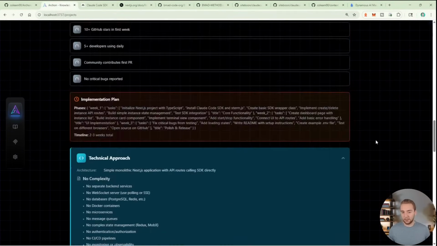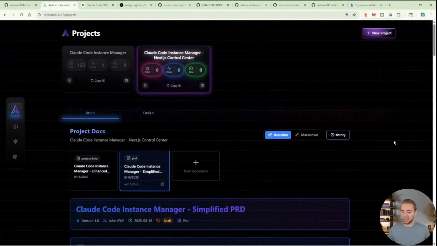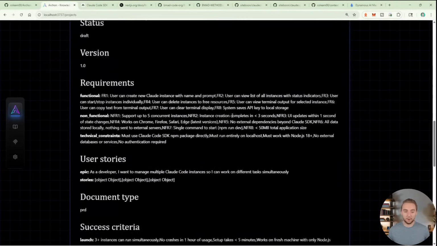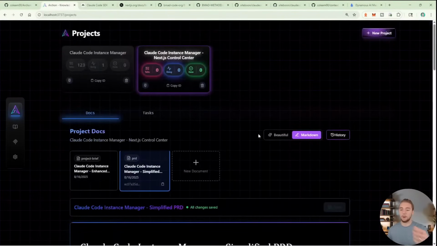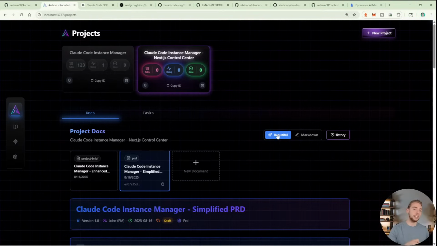Yeah, this is great. I love how it looks overall, even though it's not perfect yet. And then there's also a markdown editor. If you want to edit things yourself, you can do so. So you can be a part of the process of editing the doc right in Archon and then saving it